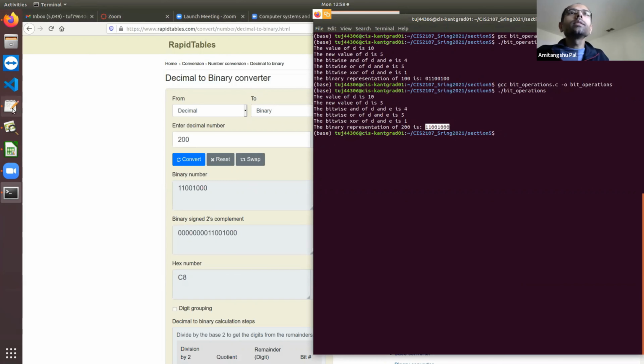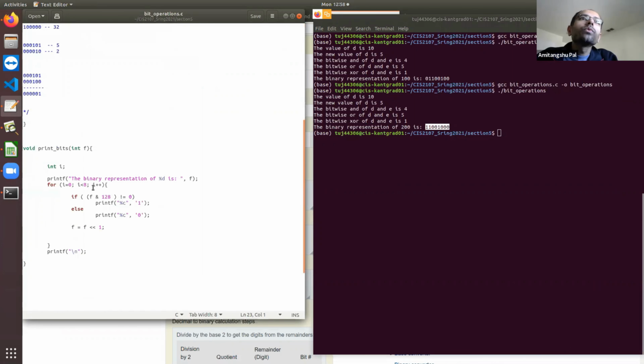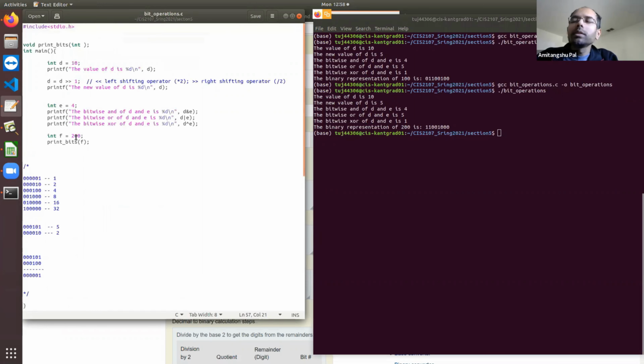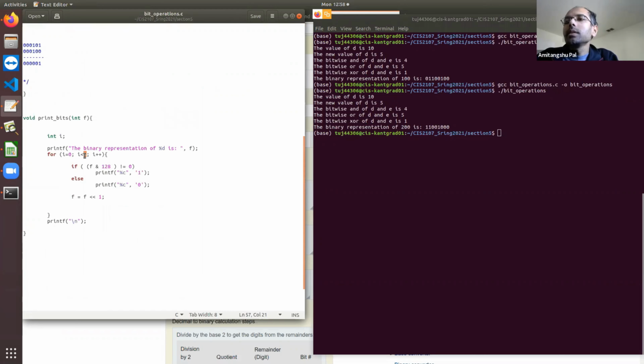So if the logic is correct, if it works for one number, it should work for any other numbers. And here I have shown you the 8-bit representation. If you want to use a bigger number that cannot be accommodated in 8 bits, you may need to use 16-bit or 32-bit. But that is just the change of this number of bits and 2 to the power that much. So if you want to make it 32, it is going to be 2 to the power 32.